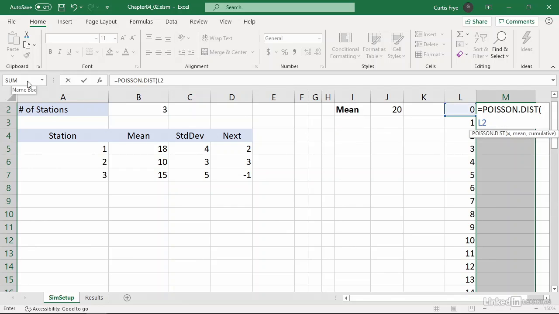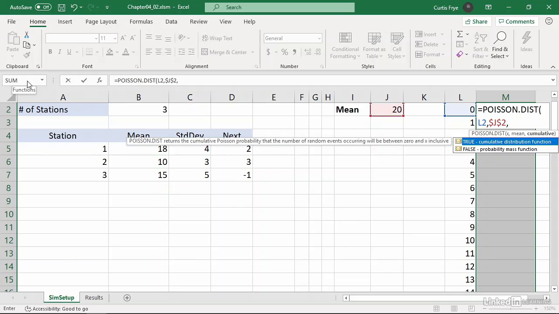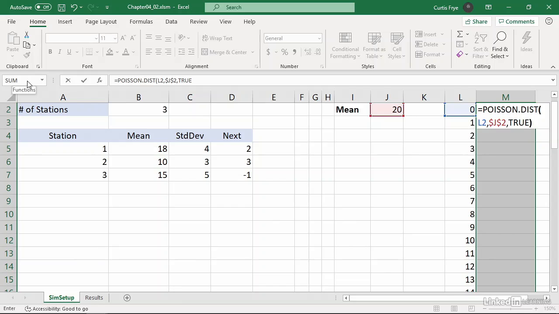L2 is the value of 0. So in other words, if a value of 0 comes up, then a comma, then J2, which I will make absolute because I don't want it changing. So I'll press F4. There we go. Then a comma and TRUE for a cumulative probability distribution, and a right parenthesis. What this formula does is calculate the probability that a particular value or less will occur. So we're looking at probability of 0, probability of 1, and all the way down to whatever value is in